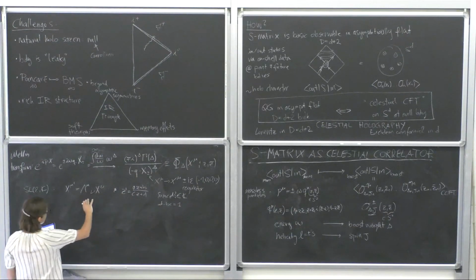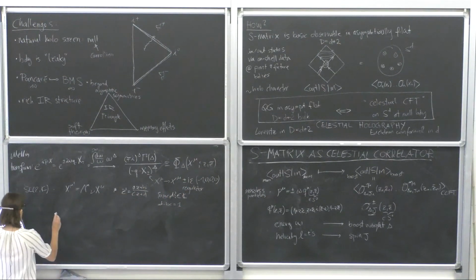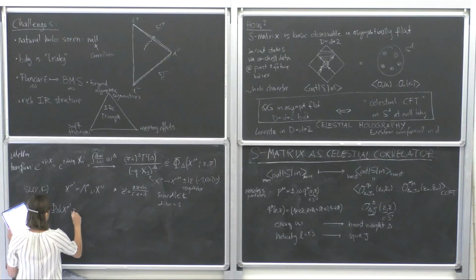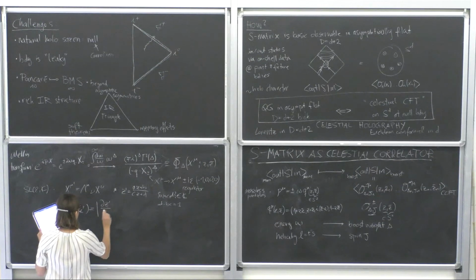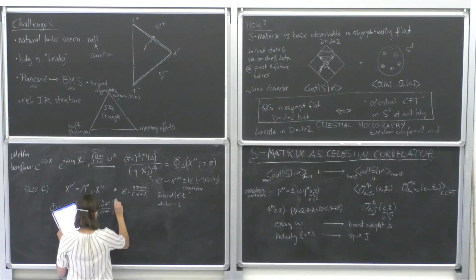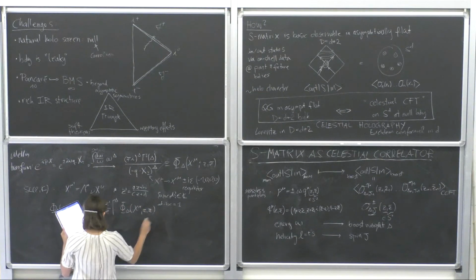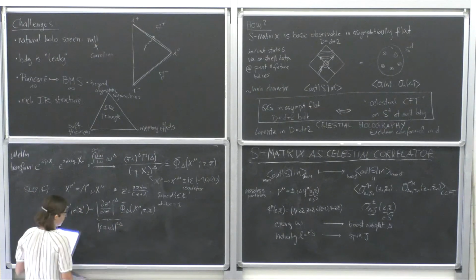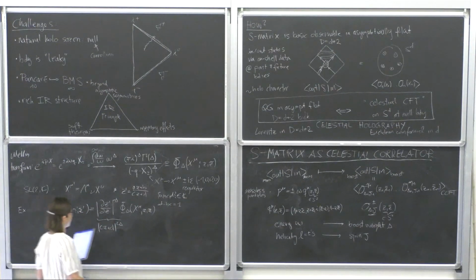So if you do these two transformations on the coordinate in the bulk and the coordinate on the boundary, as an exercise, you can show that the transformed object transforms as follows. And in particular, this piece is given by (cz plus d) to the 2 delta. This I give as an exercise. It's good to do this.